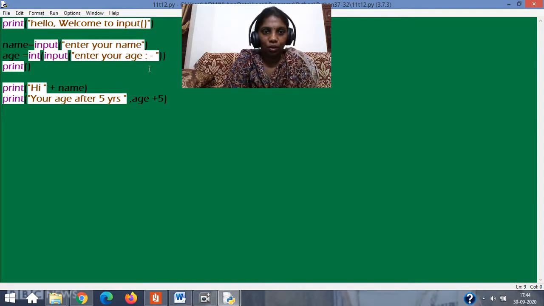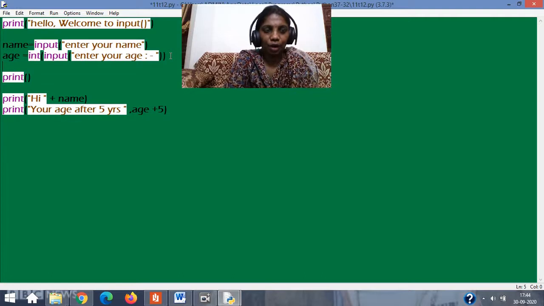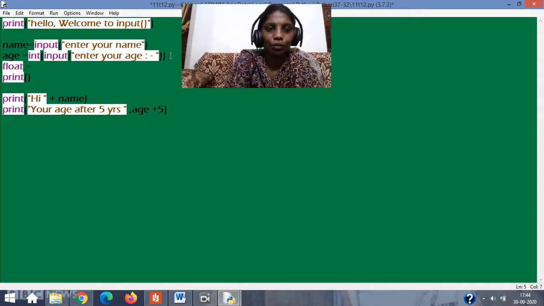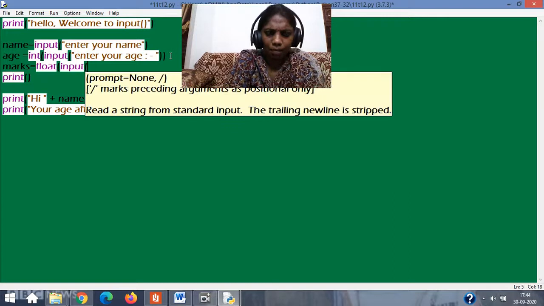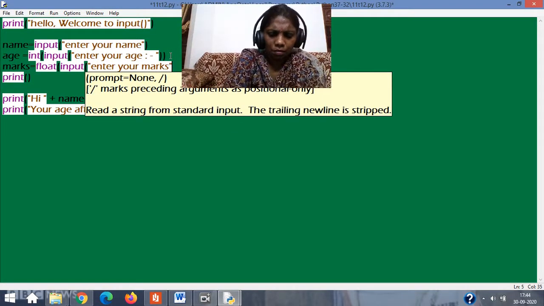Now imagine you have your next one. I don't have to show the error again. If you write simply marks equal to input, it's going to accept only string values. So what am I supposed to write? Convert that to float. Input, remember that's another bracket, enter your marks, a space can be given.